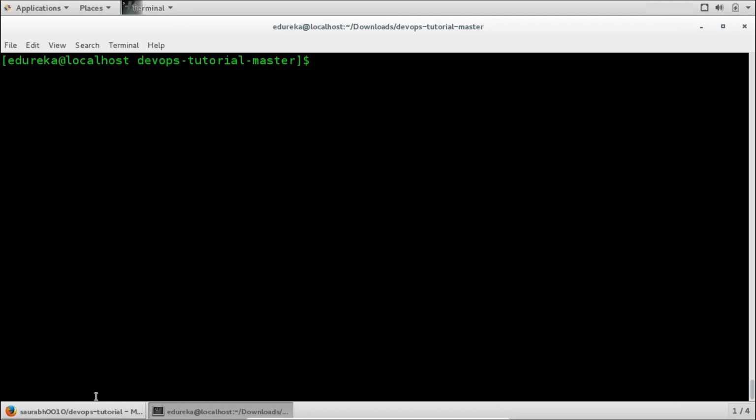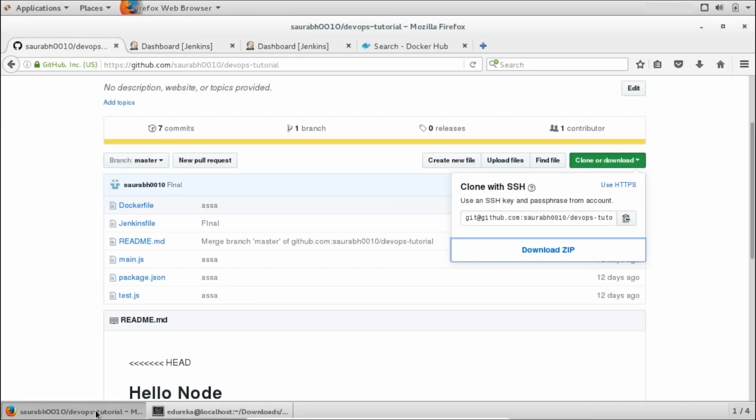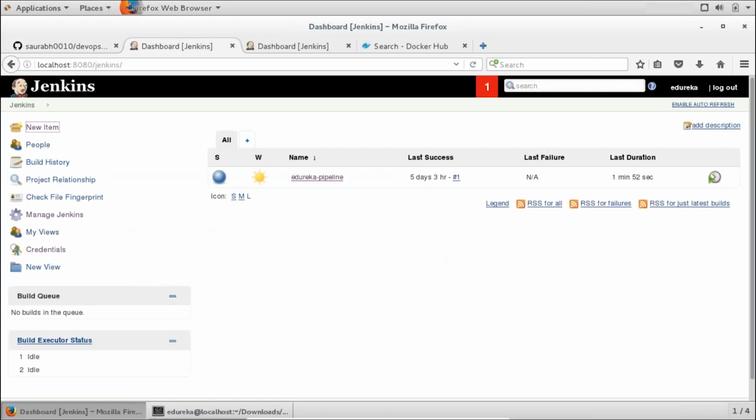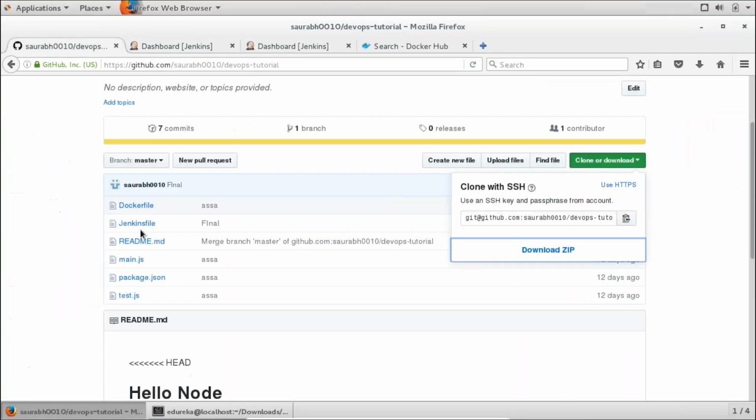Now, I'm going to use Jenkins to clone a Git repository, then build an image, then perform testing, and finally push it onto Docker Hub, my own Docker Hub profile. But before that, we need to tell Jenkins what our stages are and what to do in each one of them. For this purpose, we'll write a Jenkins pipeline specification in a Jenkinsfile. Let me show you how the Jenkinsfile looks.